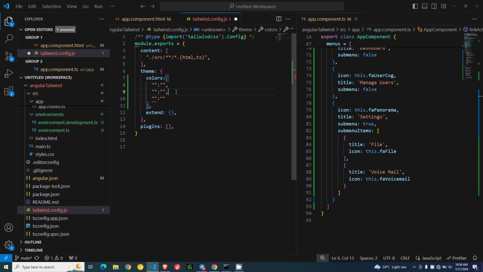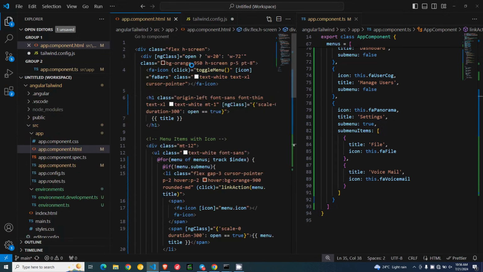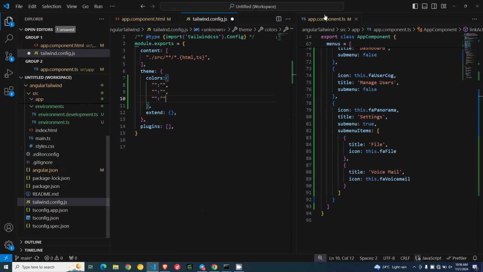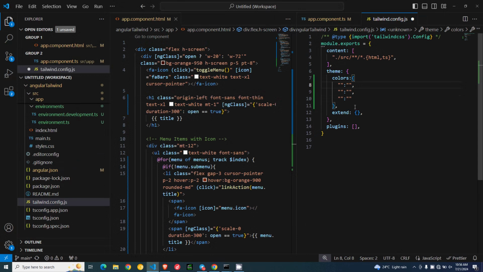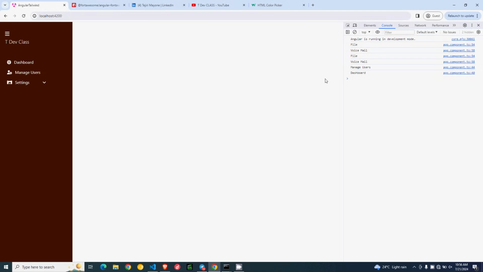The first one is the default white, and for the first one, I'll call it theme. Let me move this over here. So I'll say theme color, which is going to be